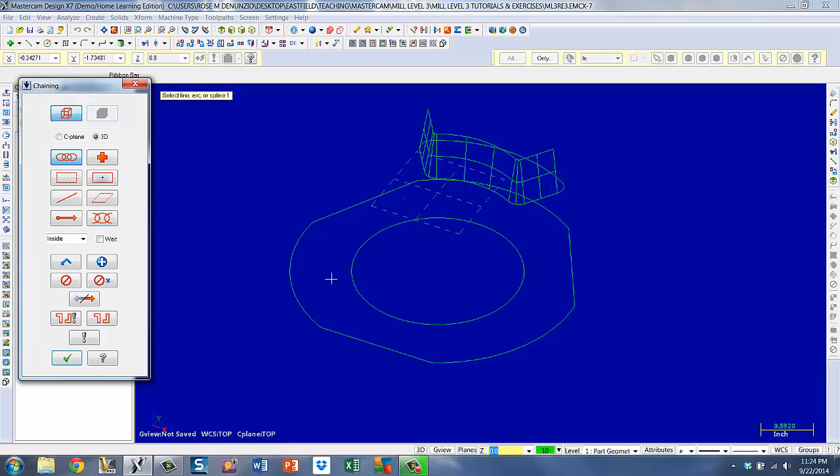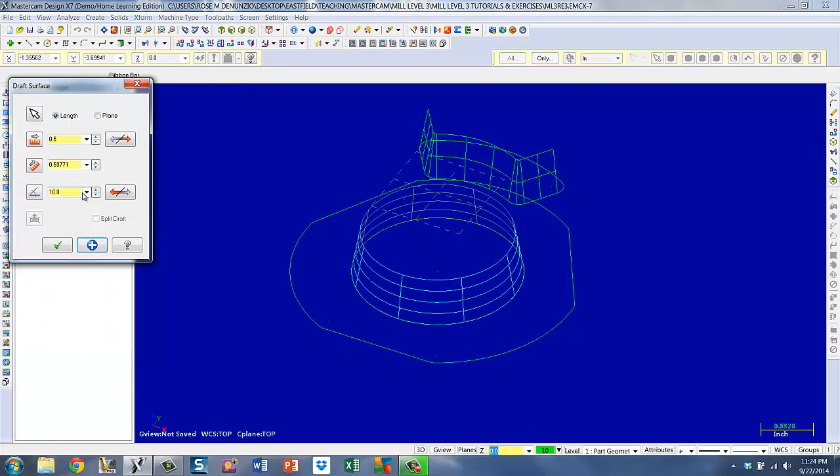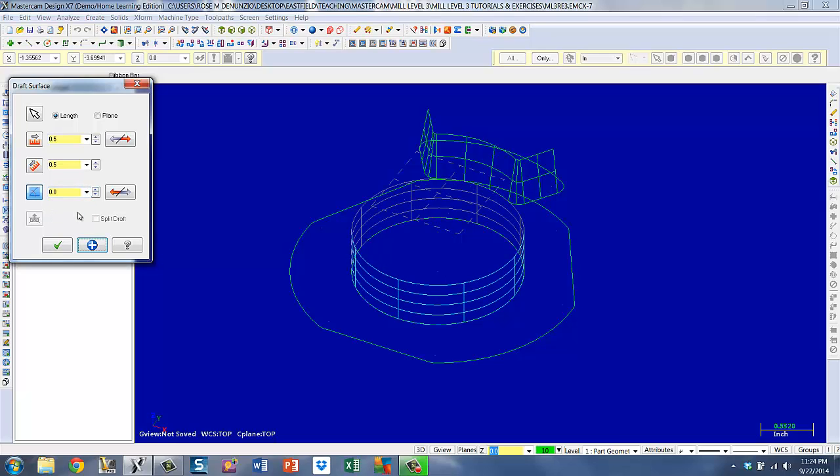I'm going to do a whole chain one this time. Pick that chain. And the ½ inch is good, because if you look at section A of your print, this is where I'm deriving all of this information now. But there's no angle, so that's all I need to do and hit enter. And I've got that one. One more